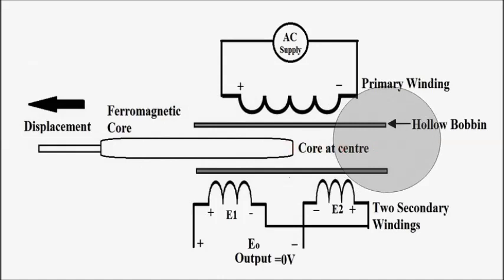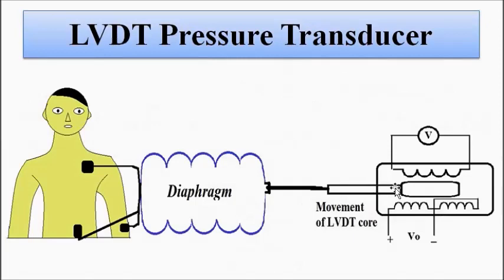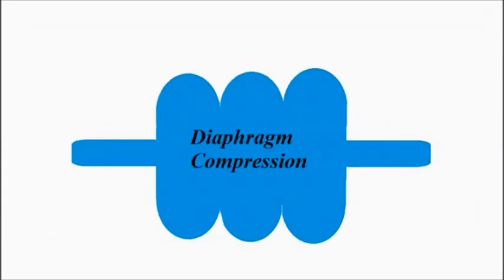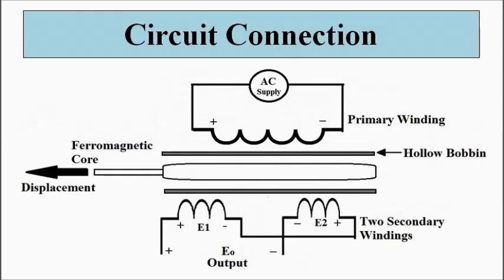So I've already discussed LVDT, so please watch that video where I've discussed everything in detail in both the biomedical instrumentation as well as the sensors transducers instrumentation playlist. Okay, so this is the operating principle. So what happens is that this LVDT setup is connected to the diaphragm. The diaphragm responds to pressure fluctuations, undergoes expansion and compression. This causes a movement of the LVDT, and as a result of that we get a differential output voltage.